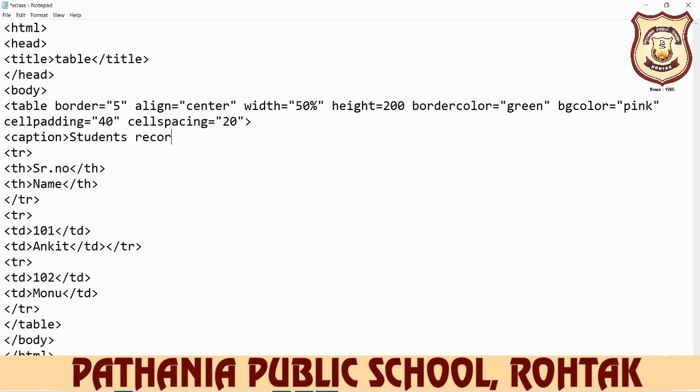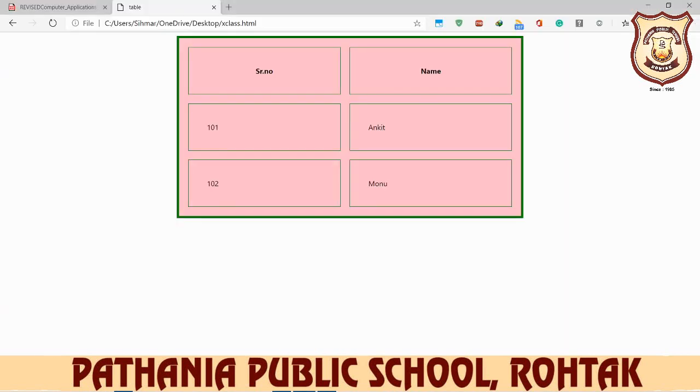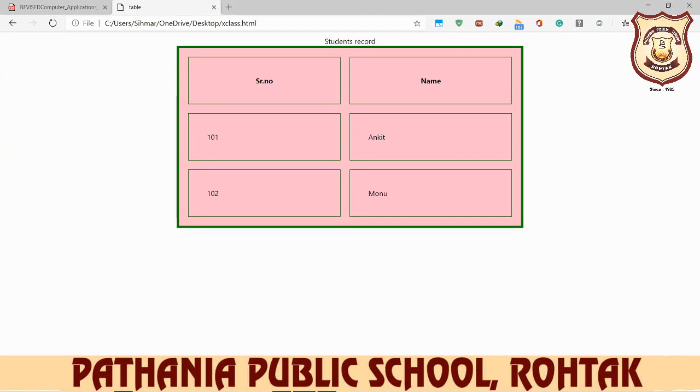For example, this is the caption. After that you close the caption tag here and save it, open your browser and refresh. So you can see here is your caption just above the table.